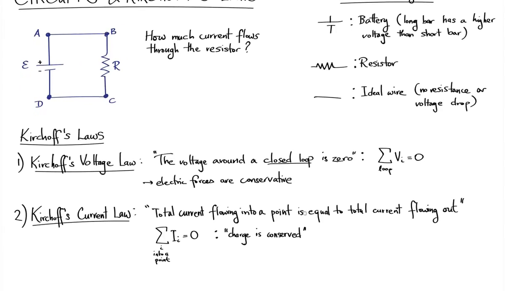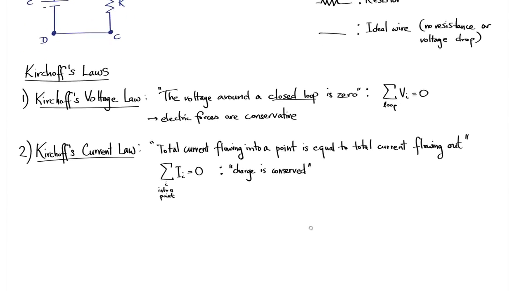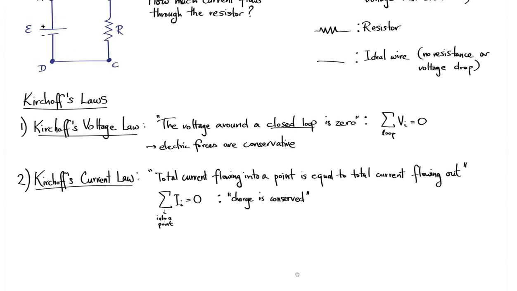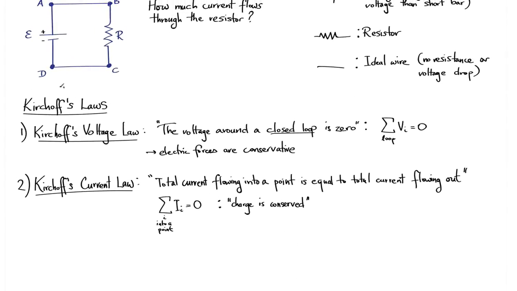All right. So we're going to use these two laws, the voltage law and the current law, and we're going to try to solve this particular circuit. This is a pretty simple one, but we'll move on to a more complicated one in a few minutes. All right. So we'll start with using Kirchhoff's voltage law, right? I'll call this K1,